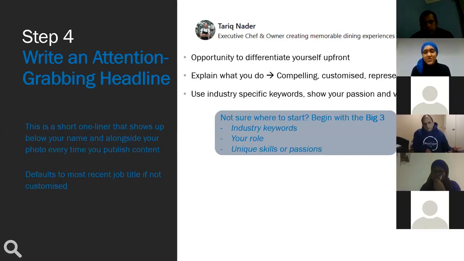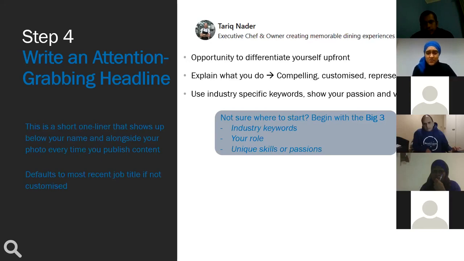Online, the first obstacle that you need to be able to cross is one of a machine. It's an algorithm. So the machine will filter what the user is inputting first, and only after that point will you get to an actual human being, which is why these keywords are very important, because the keywords are what the engine is going to crawl and search for. And when it picks it up in your profile, that's when it's going to show up. So let's go to the big three.